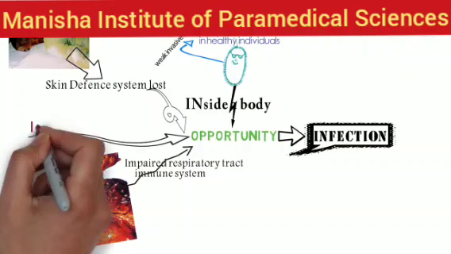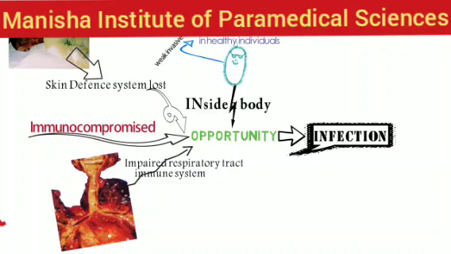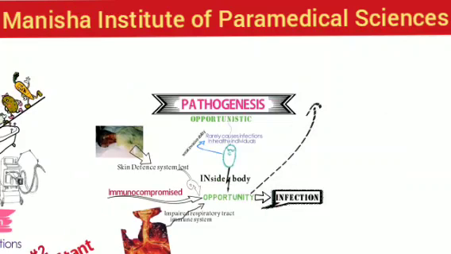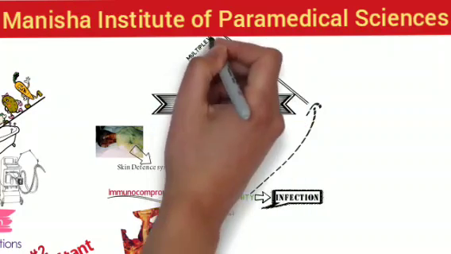Similarly, in an immunocompromised patient, it causes infection. It takes the opportunity because the neutrophils are very low in number, and it causes life-threatening severe infections. Once it has taken the opportunity, it produces multiple virulent factors: